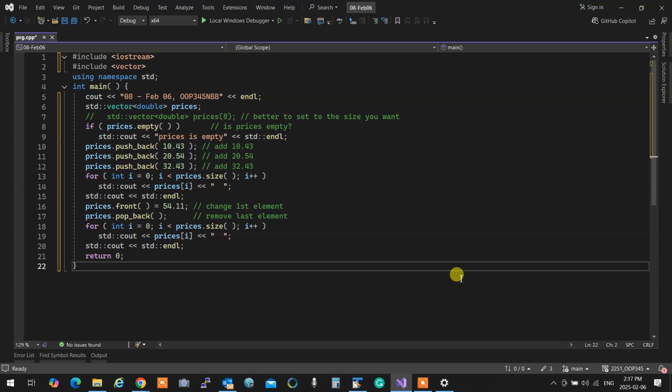You can do all these things to a vector any way you like. But the most important thing is that you can treat a vector as an array, which means the index operator is overloaded for it, and you can go through it with a regular for loop, as simple as that.